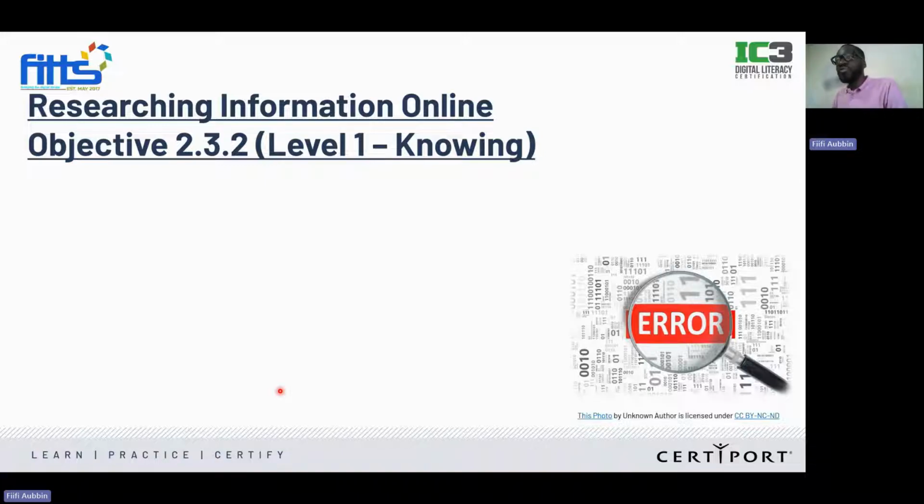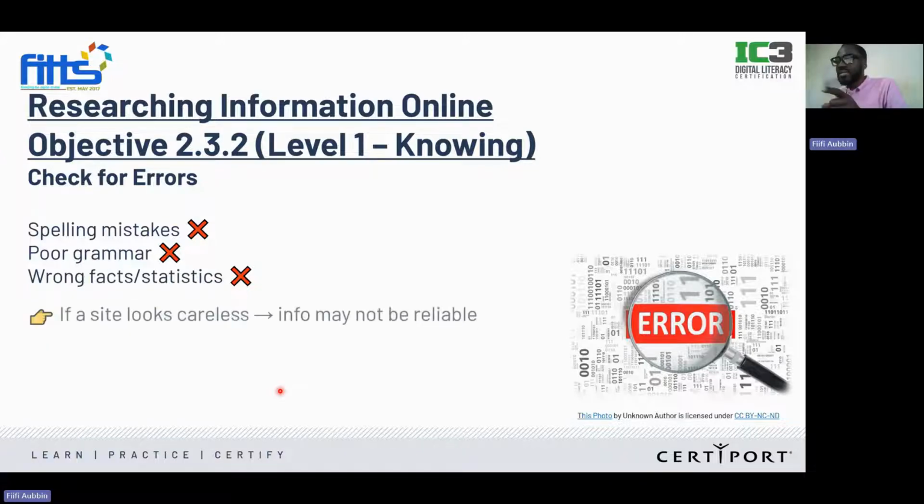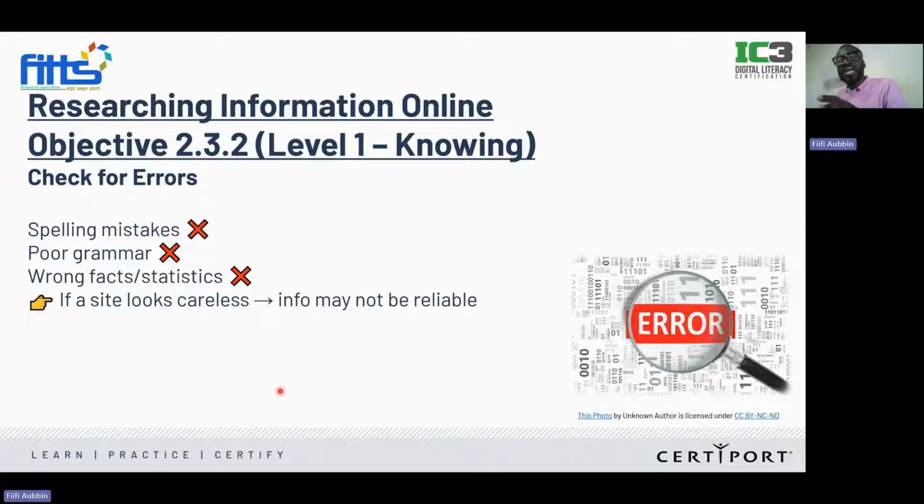And you also need to look through for errors. Okay, so spelling mistakes. If a website is misinforming you, you need to check for spelling mistakes, the grammar being used on the website. So once you see some of these things, wrong facts or statistics, then it means no, this information that you're consuming is not right. So if a site looks careless, the info may not be reliable, and this is how you